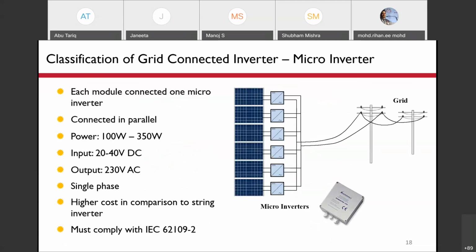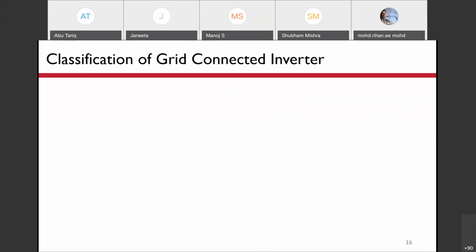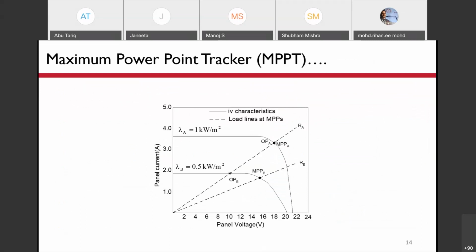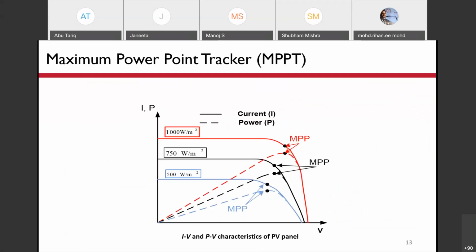Now, classification of inverter on the basis of interface with the grid. We can have the microinverter. One thing I again want to emphasize, I will go back to the slide of the PV array characteristics. This is the characteristic of, say, one module, and this module has its maximum power point. Now, to make an array, we connect various modules in series and in parallel.